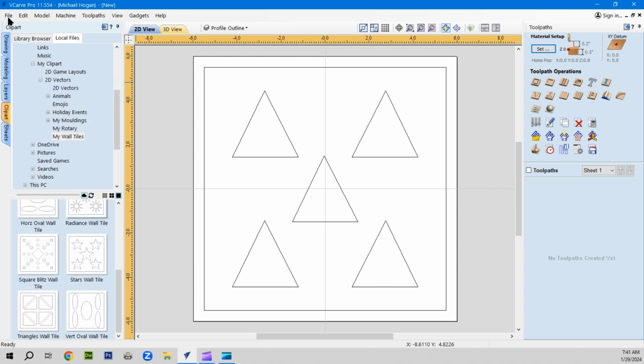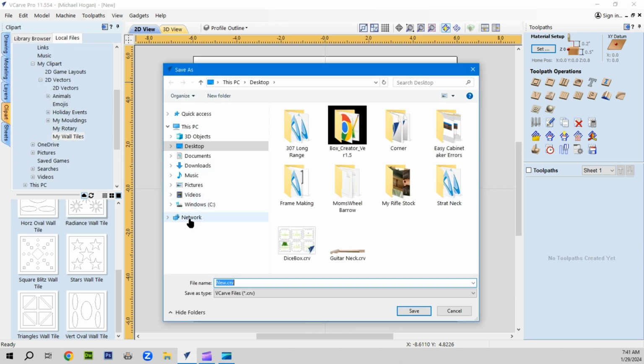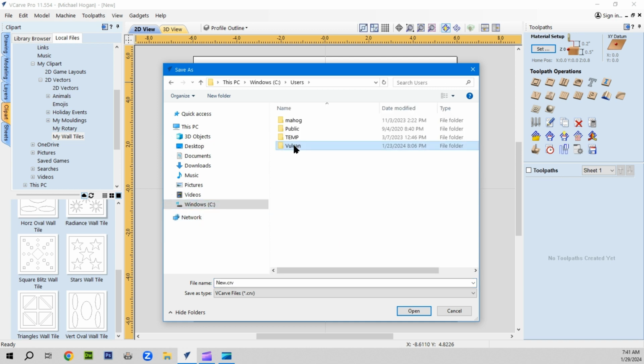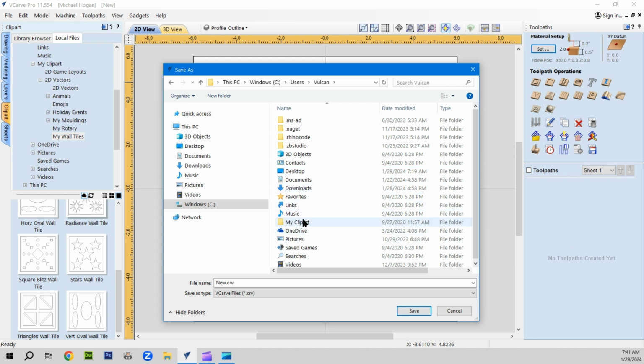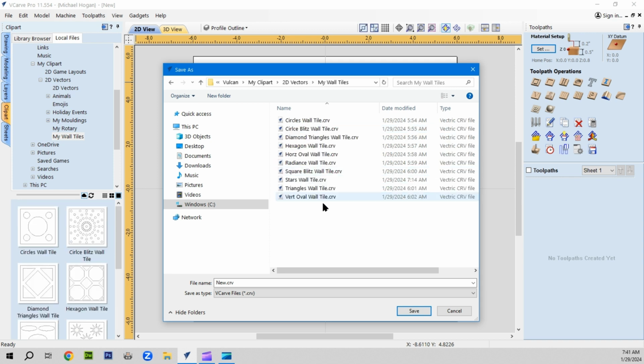Now we're going to go to File, Save As, and on my computer it's Windows, Users, Vulkan, my clip art, 2D vectors, and the wall tiles. And now I've got to give it a name. Let's see, we've got triangles wall tile already. And so we need to give it a